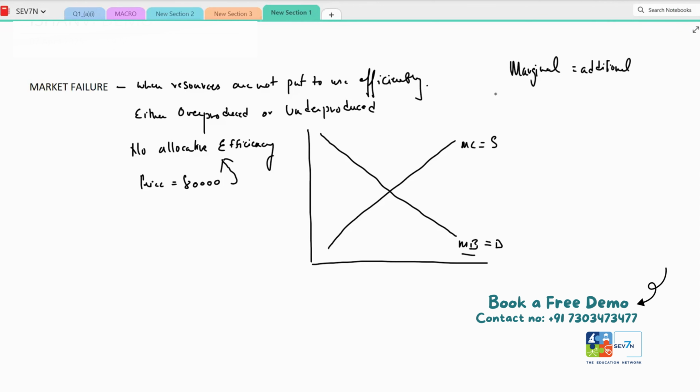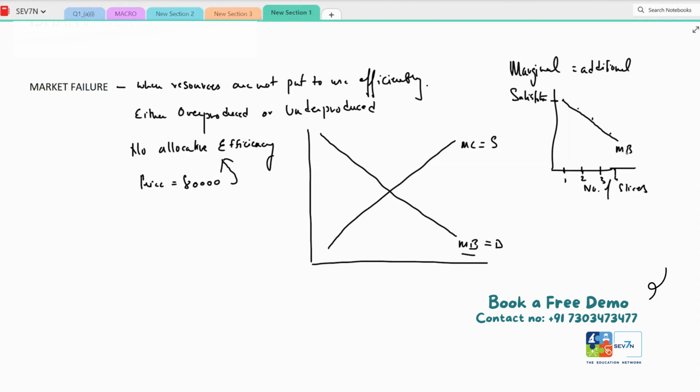So let's say you ordered a pizza right now and you started eating. The first slice of the pizza is giving you the maximum satisfaction. Let's say this axis is satisfaction, and this is the number of slices of pizza. On the first slice, you got maximum satisfaction. On the second slice, slightly lesser, and on the third, even lesser. On the fourth, probably you'll keep it in the refrigerator and eat it tomorrow. Is your satisfaction decreasing with every additional slice you eat? Your additional benefit is not the same as the earlier one.